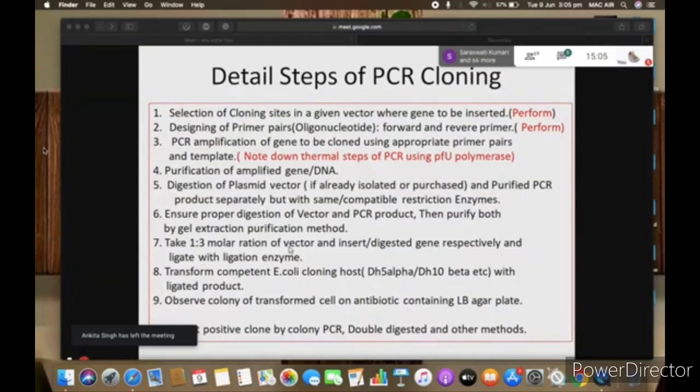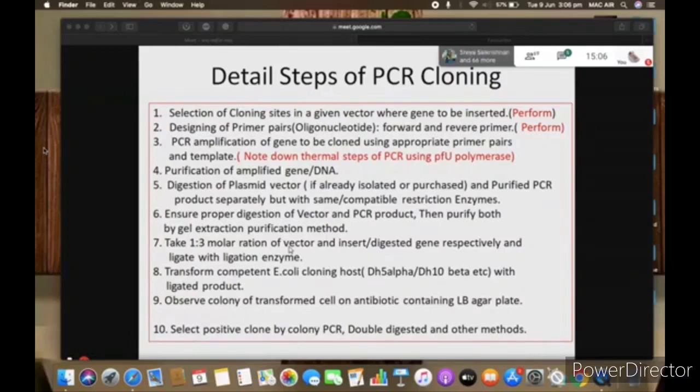Some ligases are quick ligases: within 5 minutes, vector and insert will ligate. Some ligase enzymes require overnight ligation, and some require 4-hour ligation. So depending upon which ligase you purchase, you incubate your ligation mix for that much time.